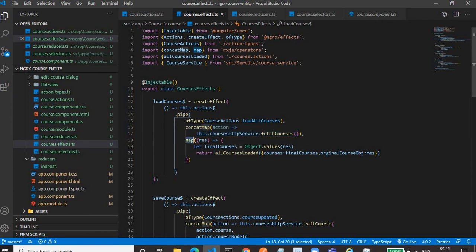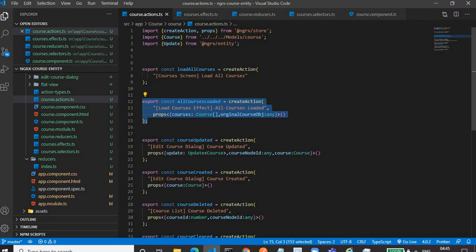This map operator receives the list of courses in the response, and we are calling the second action, allCoursesLoaded. It takes two parameters in the payload: one is courses, which is an array, and the other is the original course object, which is an object. Because we are using Firebase, it returns data in the form of an object.